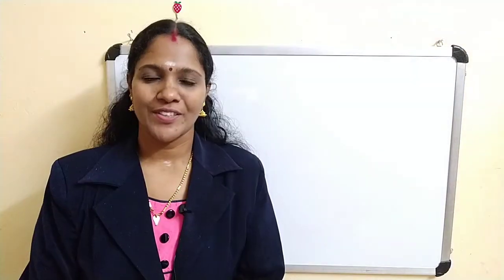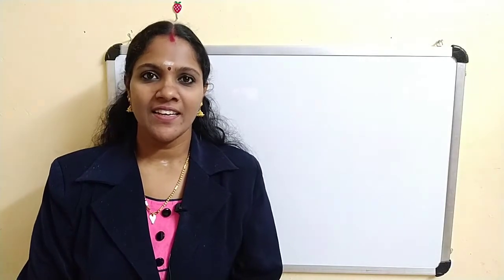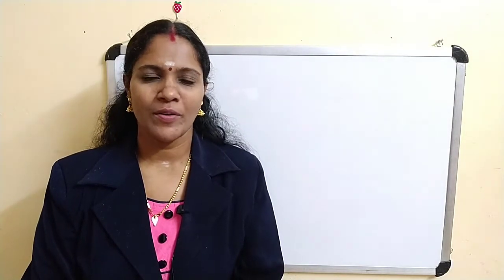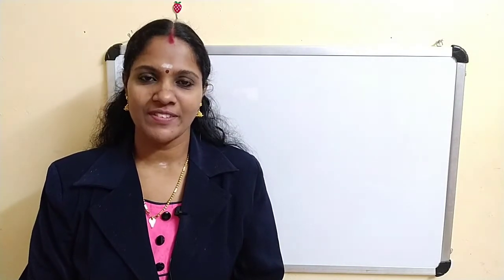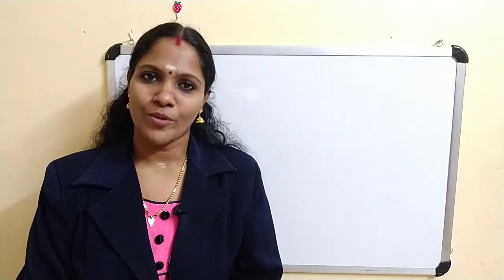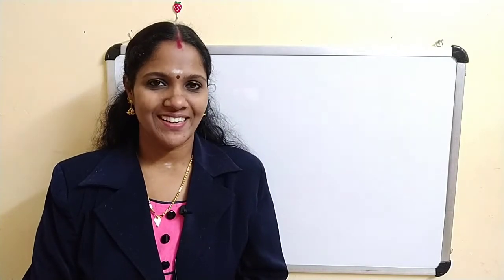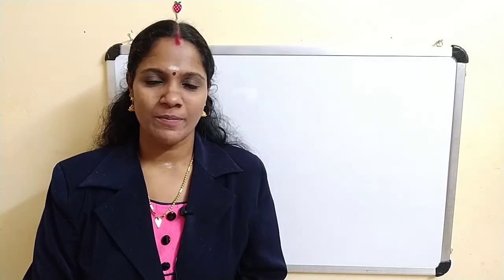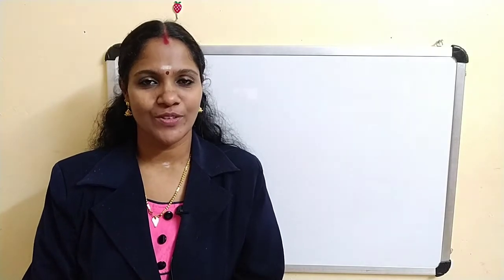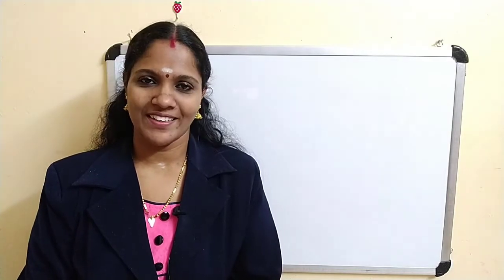Today we have discussed the definition of a bounded linear functional in a linear space. Also we have defined the norm. Norm of f is equal to supremum over norm x not equal to 0 of modulus of f of x by norm of x, or you can write supremum over norm of x equal to 1 of modulus of f of x. And we have proved if f is a bounded linear function, then it is also a continuous function. Similarly, if f is a continuous linear function, then it is also a bounded linear function.